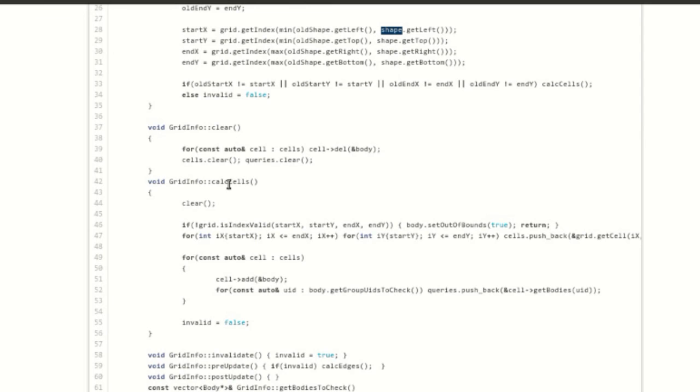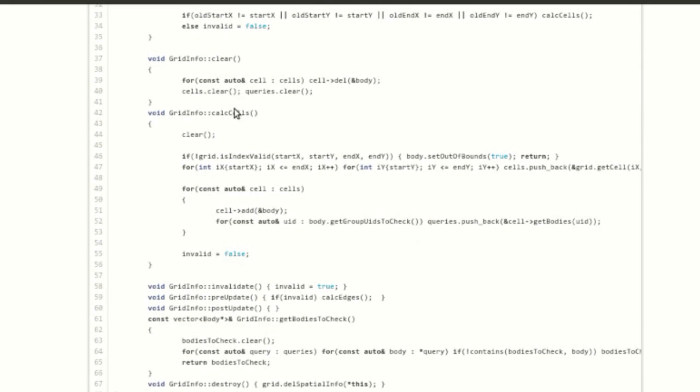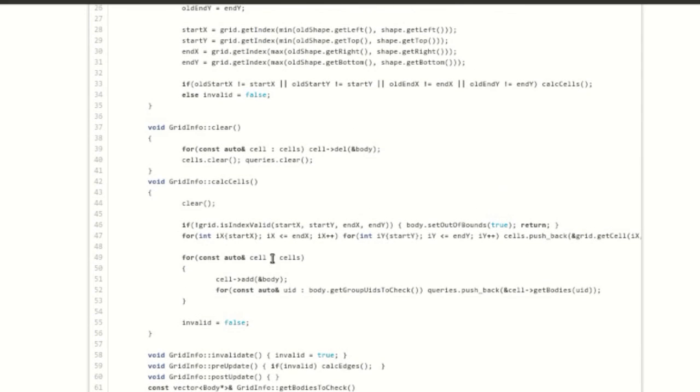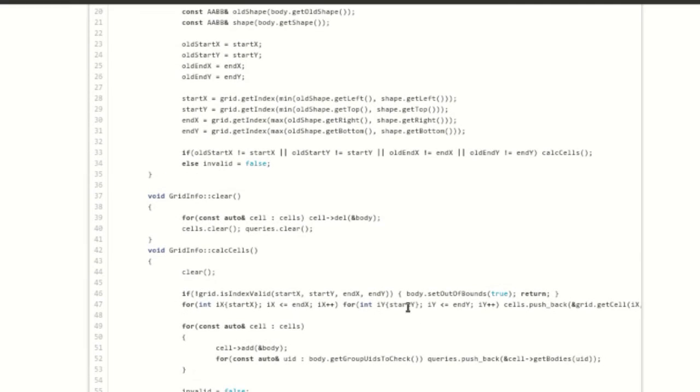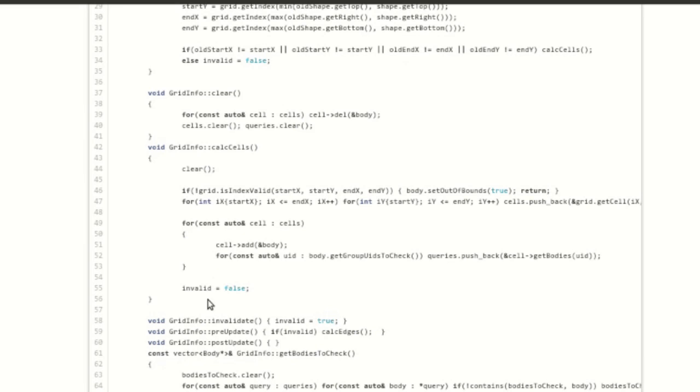And the other thing I wanted to show you is calc cells, which is the bidimensional for loop that gets the cells from the grid and pushes them back in the cells vector, line 47. It also gets the pointer to the cell's internal vector of body pointers, so it's a little faster when iterating over the bodies, and that's line 52. So queries is a vector of pointers to vector of bodies. It's hard to follow, but